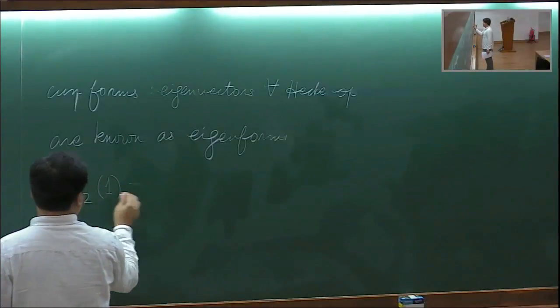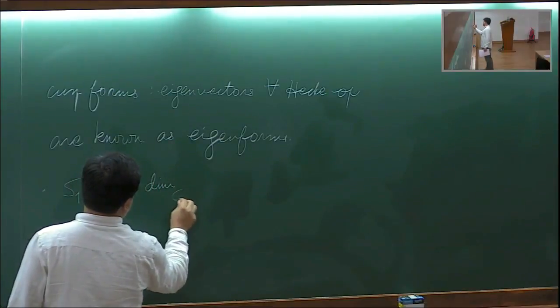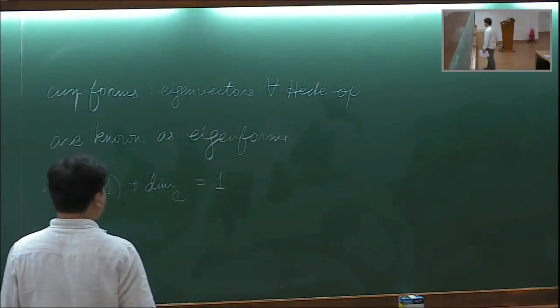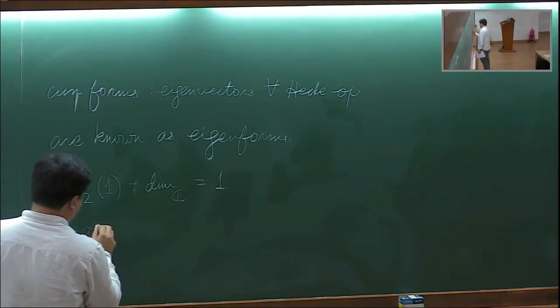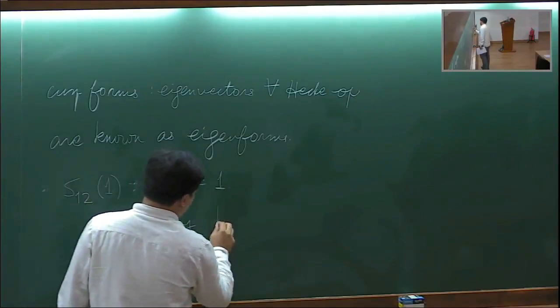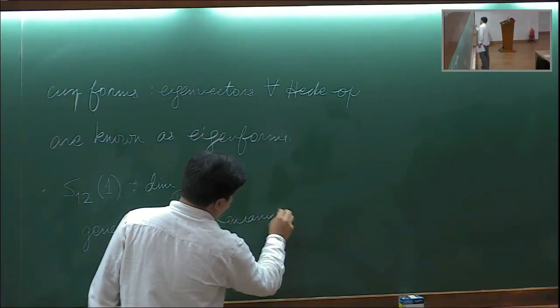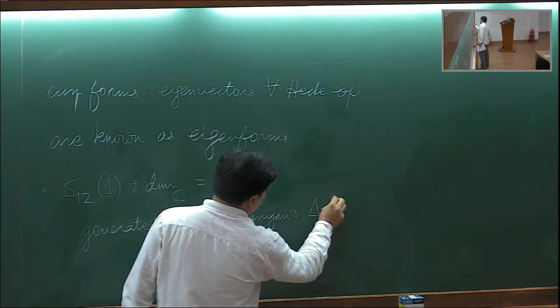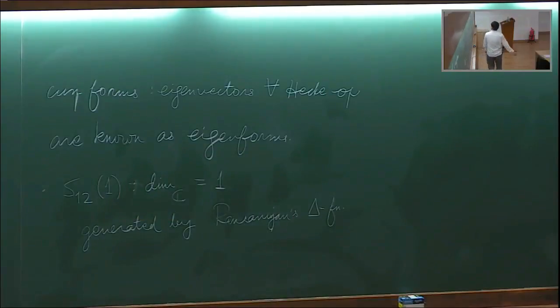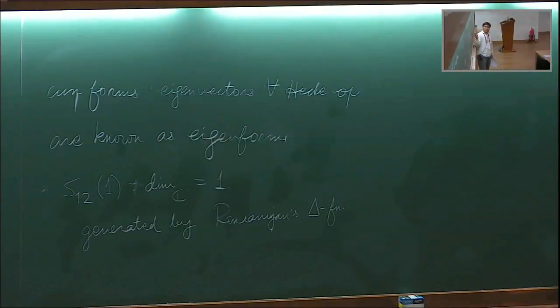So this is dimension 1, dimension over C, so this is equal to 1. This is generated by Ramanujan's delta function. Okay, so this is the first primitive example due to Ramanujan. Yeah, and so sometimes what can happen is that even if your form F is a